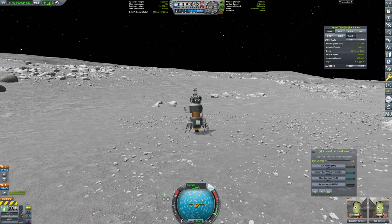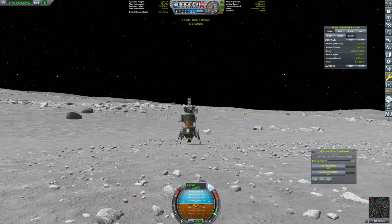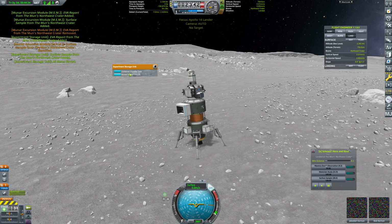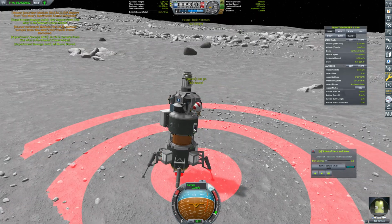Hello everybody and welcome back to Kerbal Space Program, where we are ready to set up our science here on the lunar surface. For now we're going to make sure that we have all of our data collected here, and we do indeed. So we're going to have Bob EVA grab an EVA report and a surface sample. We're going to hop right back in. We're going to collect all of that data, and then Bob hops back out, grabs a second surface sample, and